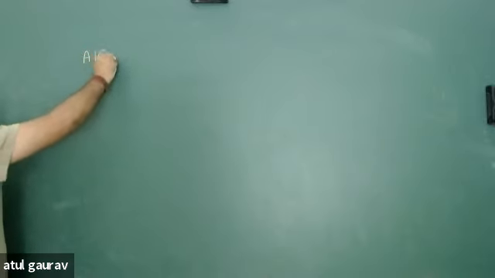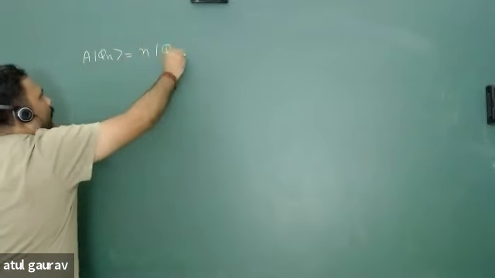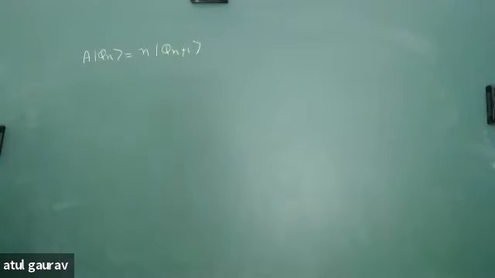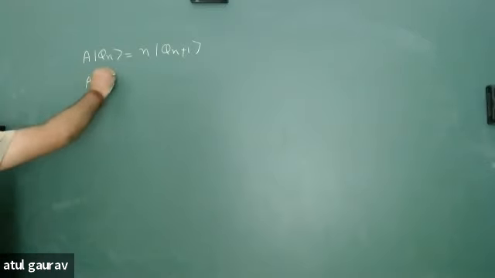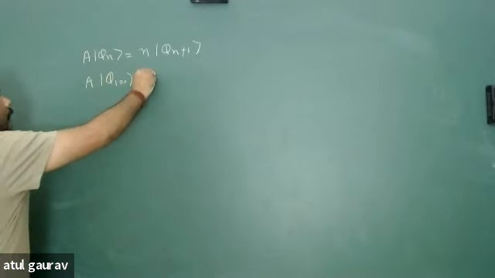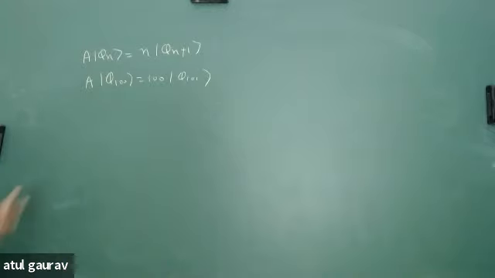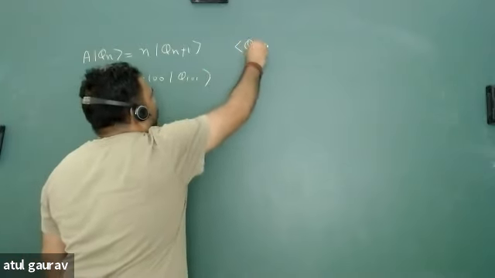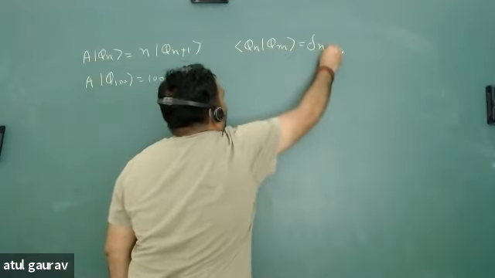Suppose I define an operator A, which is written as A phi n equal to n times phi n plus 1. Let's go for n plus 1. It is the definition. So operating on phi 100, what will I get? I will get 100 into phi 101. This kind of operator is defined, and it is also given that <phi n|phi m> is equal to delta nm,